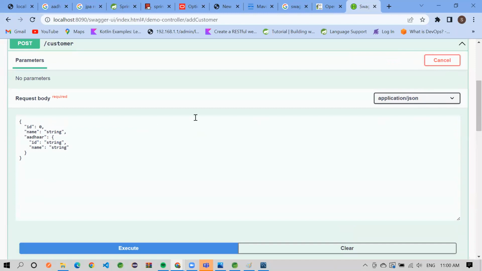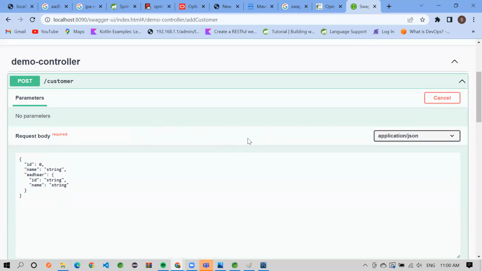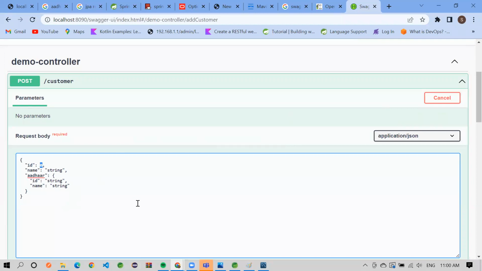So let me reset. Okay, so let me try to add one more customer, ID 2. I'll call this test2. And here I would like to give the ID also. So let me give this ID as 22. And let me give this as